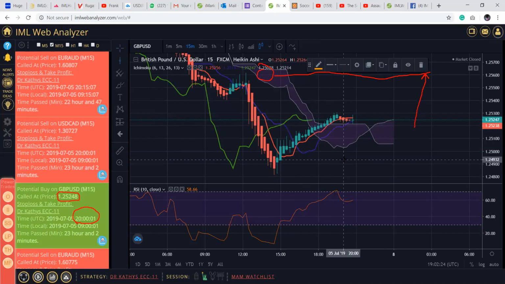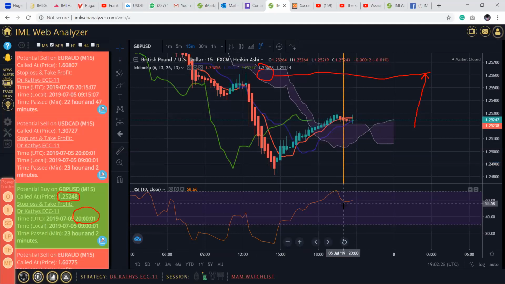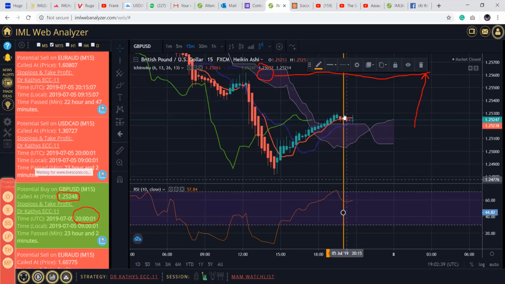So if I click on it, you will see that my horizontal line is there. It just helps me. It just guides me to be able to know the exact point it was called. That was why sometimes we can draw a horizontal line to know that, okay, the trade was called at this point. Can I still enter? And it was also called at the price